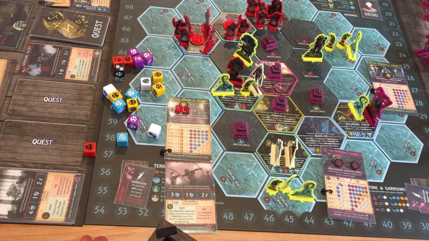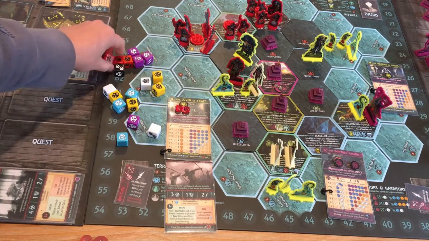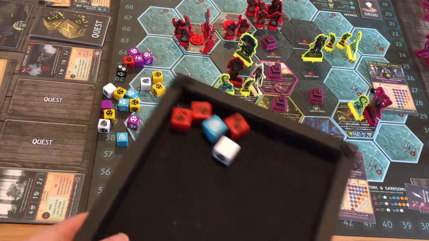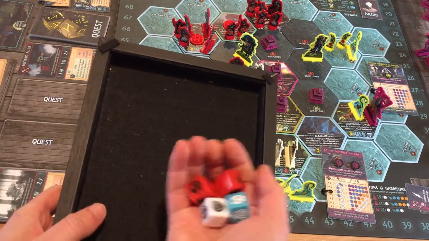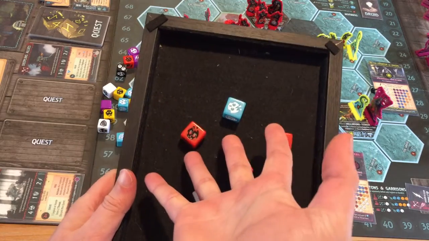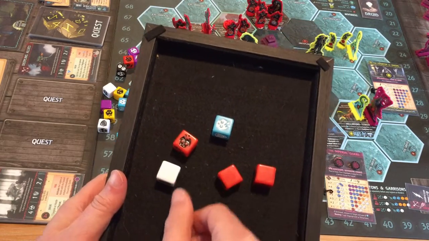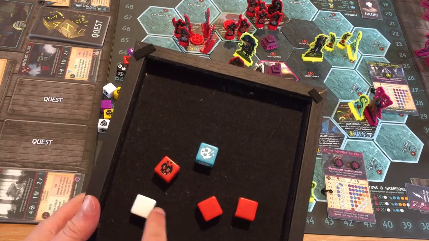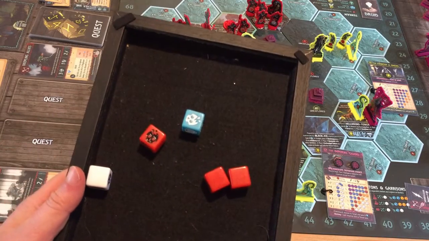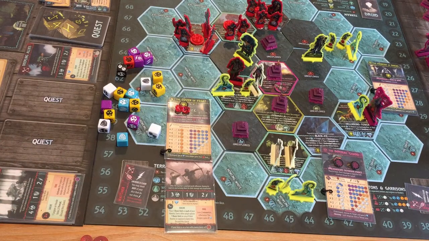Okay. Yeah. So let's go 3 reds, a blue, and a white. That's what I'm going to roll. Here we go. Oh, what is that? The white die has a fair few blanks, but seriously, the red die has 2 blanks, I guess, but wow. Fail. Lose 2 resources, otherwise...